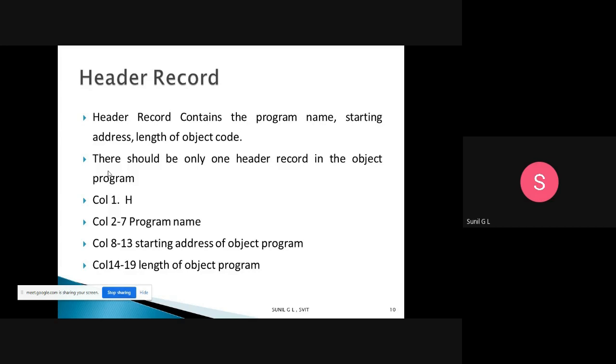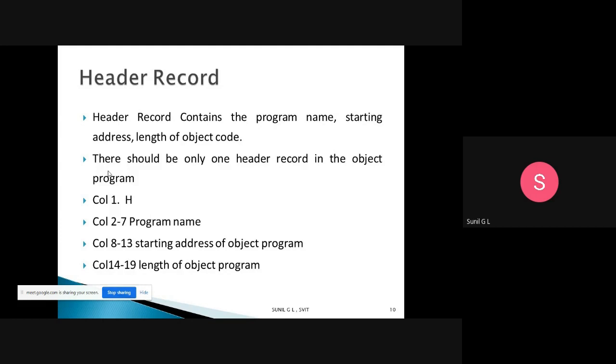If they ask in the exam what you mean by header record: the header record contains the program name, starting address, and length of the record. Every object program contains only one header record. In column 1 it contains h, indicating the header record.